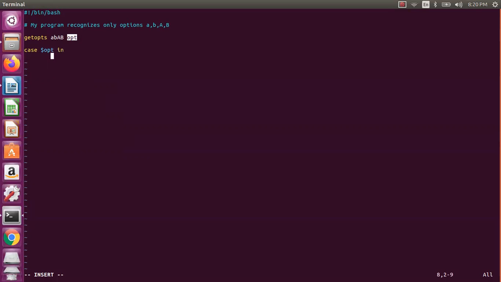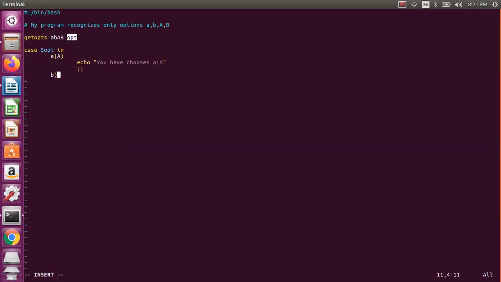Let us assume we are recognizing small a or capital A. I say echo you have chosen A or A. I am not doing any processing. At the end of this is a semicolon.